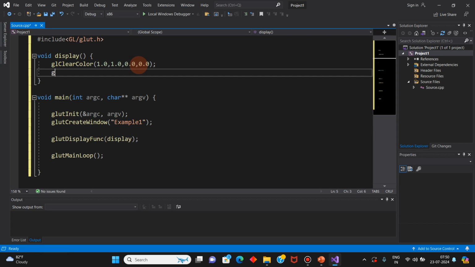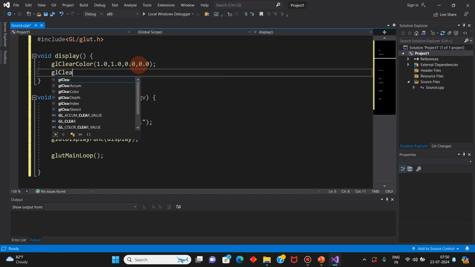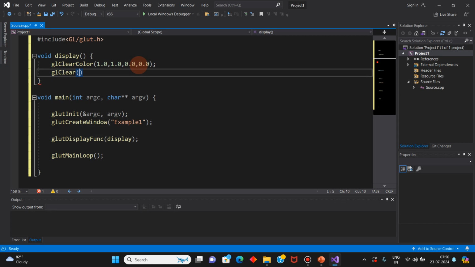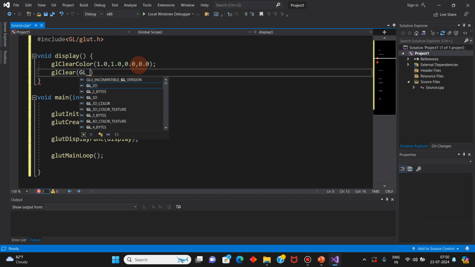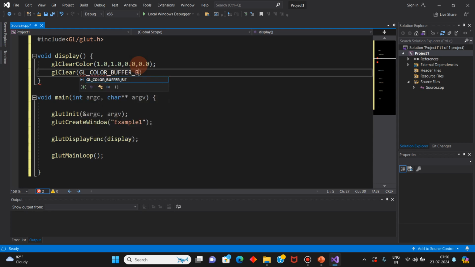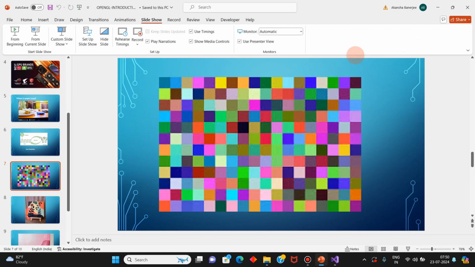Next is glClear. In this, we will pass the argument GL_COLOR_BUFFER_BIT. So what does glClear do? I told you about the color buffer. The color buffer is nothing but what is stored in memory about what color to put for each dot on your computer's display screen.